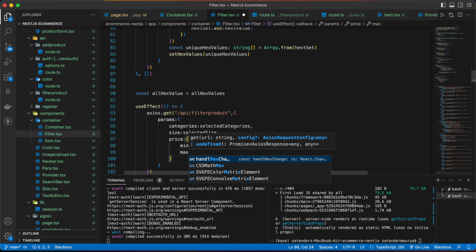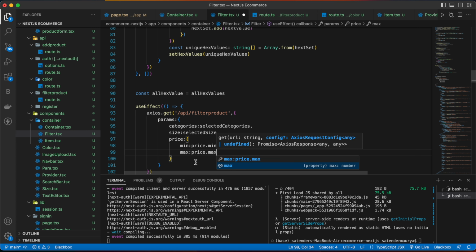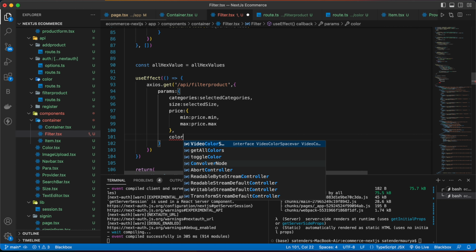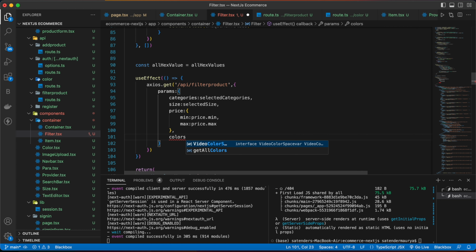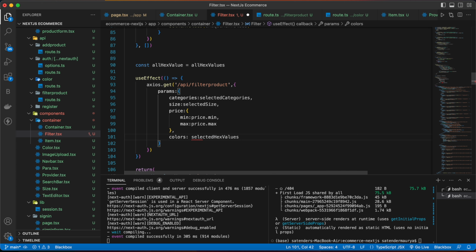Then max price, which will be price.max. And then we are going to give our colors, selected hex values. And then outside this we are going to provide our headers.